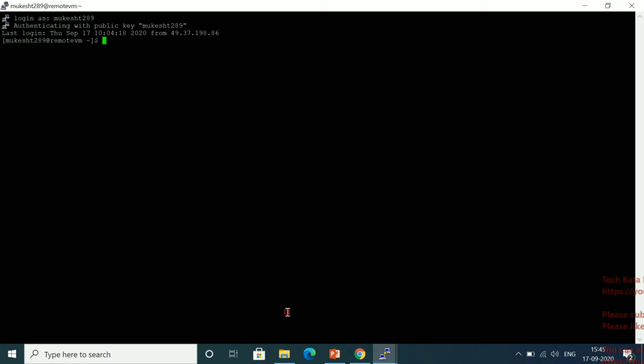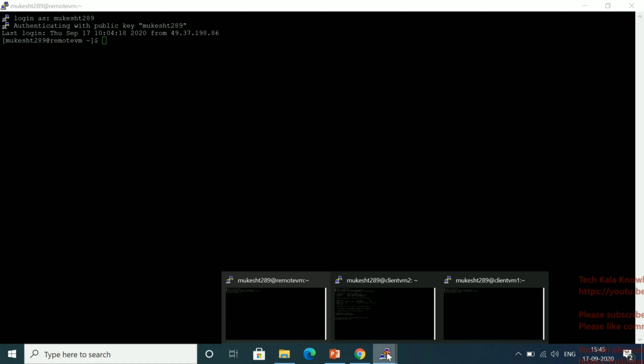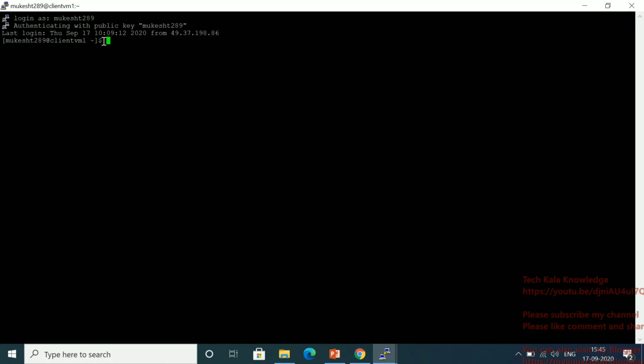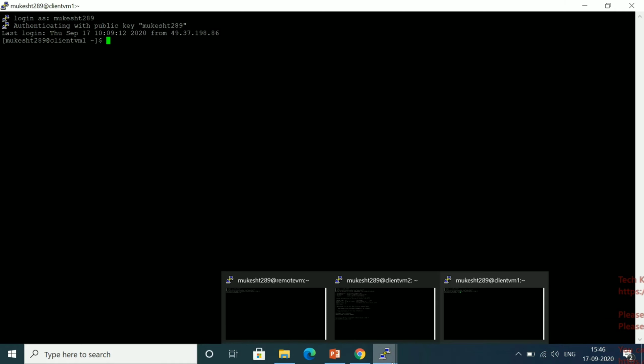Let me go to my remote. You can see this is Ansible. I will use this remote VM as the Ansible server, and I will use client VM1 and client VM2 as the client servers.